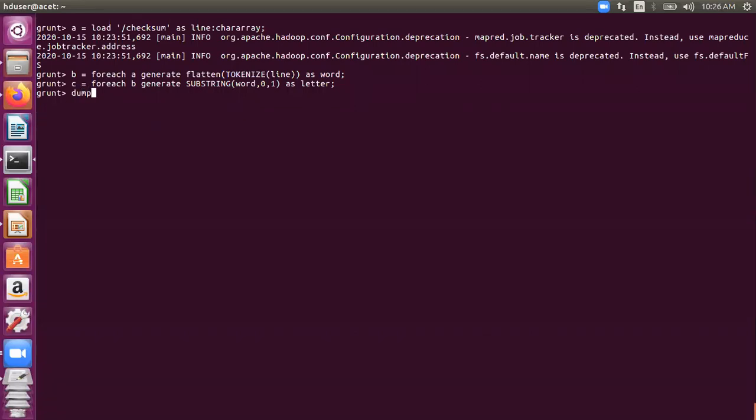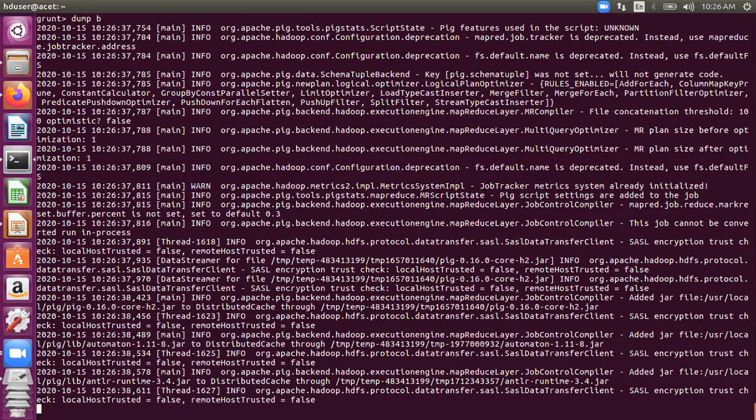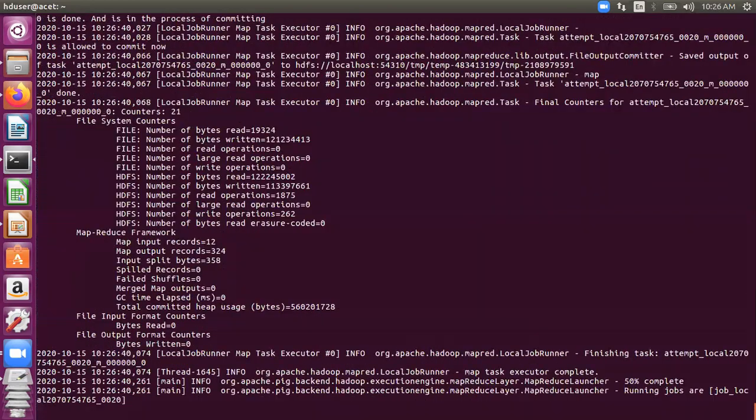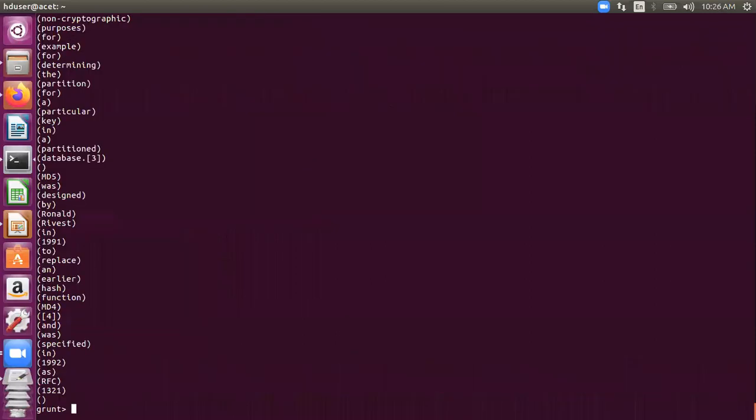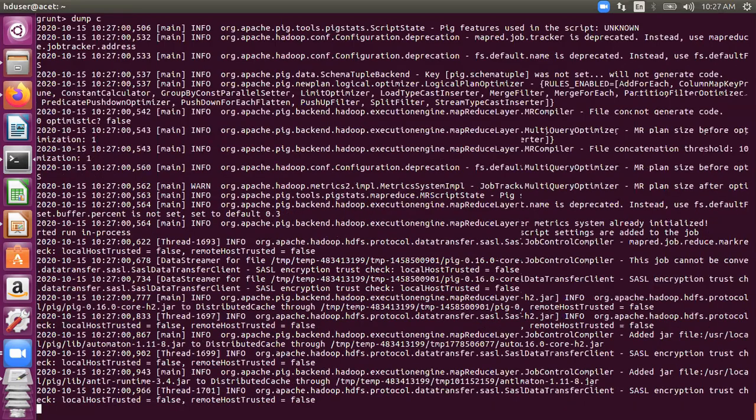Have a look at it. What B looks like, the relation B, it will display words one per line, as you've seen previously. Is it clear to all of you? And if I now dump C, you will see that it will display the first alphabet of all the words that are there. Fine.